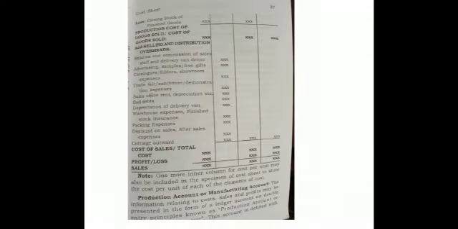Again, to this we add the selling and distribution overhead. These are the expenses which relate to the selling division: salary and commission of sales staff and delivery van driver, advertisement, catalog, trade fair, sales office rent, bad debt, depreciation, warehouse, packing expenses, discount, carriage outward, and finally we get the cost of sales, also called total cost.